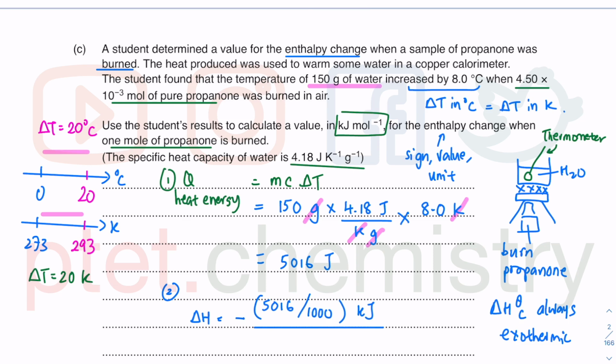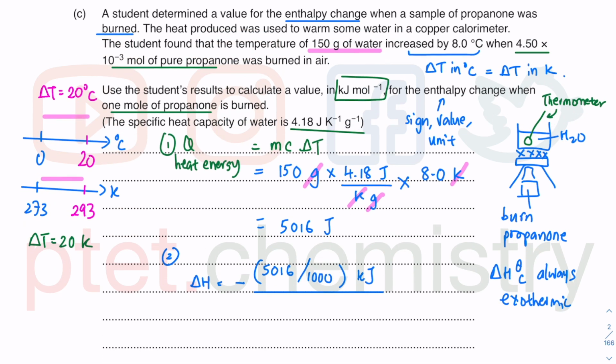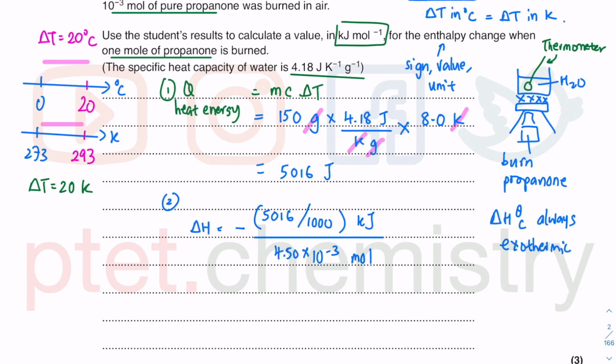The whole thing has to be divided by the number of moles. This is the moles of the pure propanol, because you didn't burn 1 mole of propanol, you burned 4.50 times 10 to the minus 3. Overall, I have a negative sign there to represent enthalpy change. So I have kilojoule on the top, divided by 4.50 times 10 to the minus 3. I get